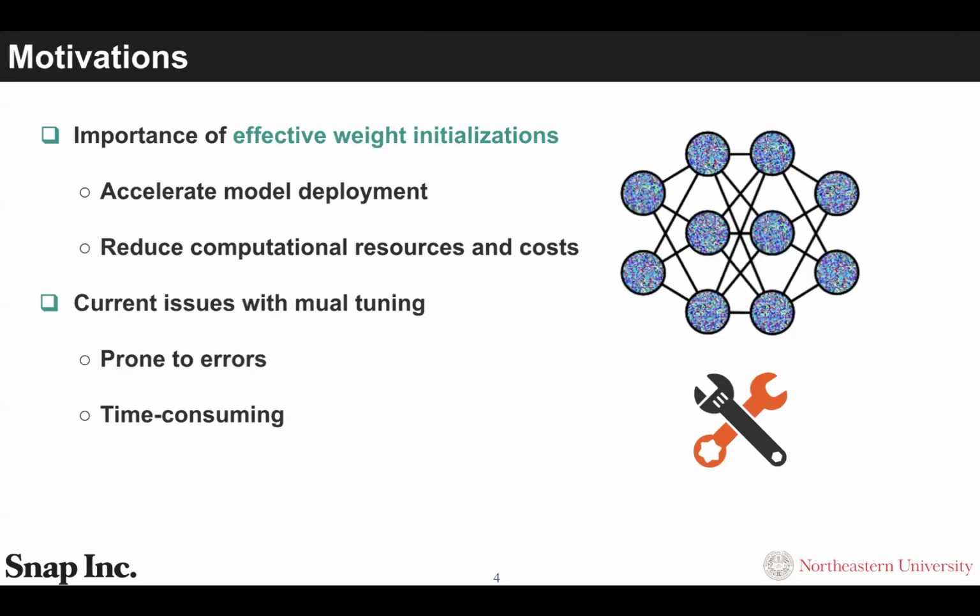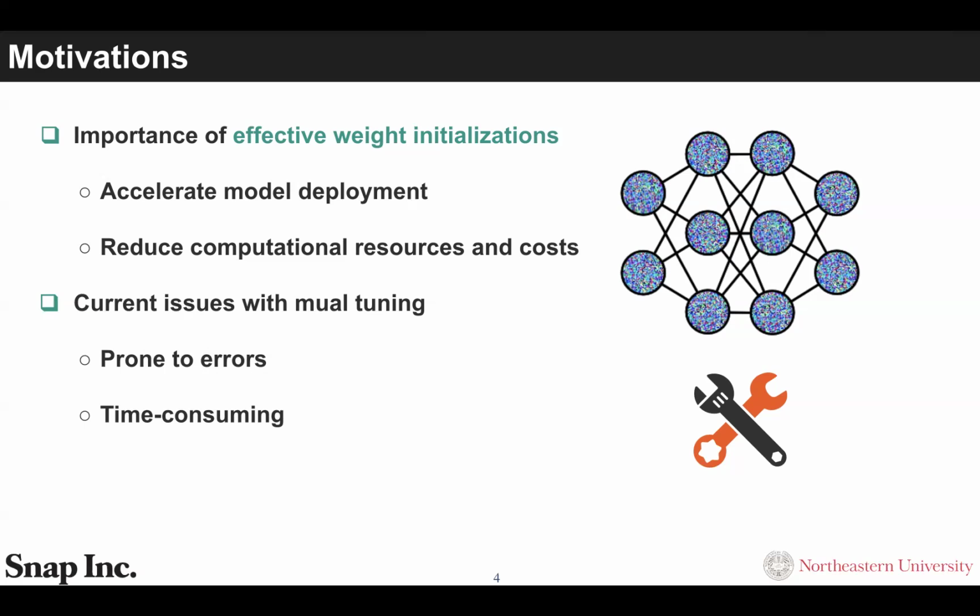With the backgrounds, we know that effective weight initialization is important for stabilizing training, facilitating a faster learning rate, and speeding up convergence. Thus, it can enhance generalization ability. But identifying good weight initializations across different tasks is quite challenging. Tuning parameters for weight initialization can be time-consuming and also is prone to human error. This can cause suboptimal performance and increase training time.